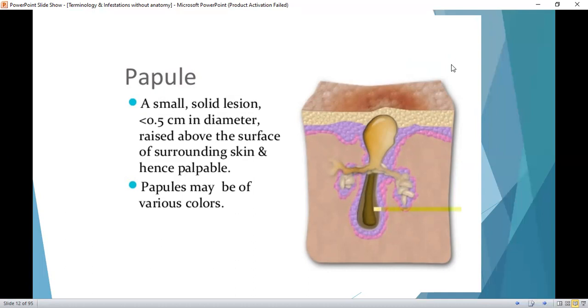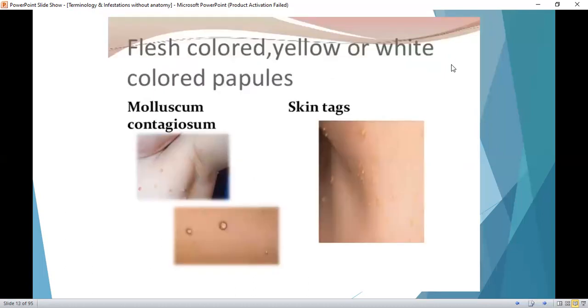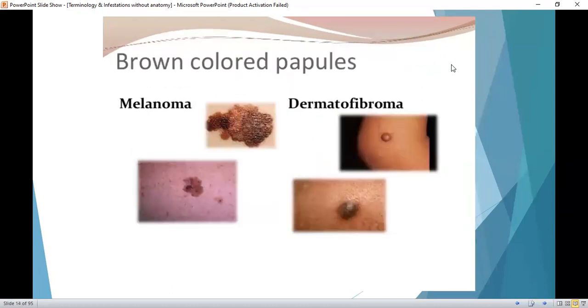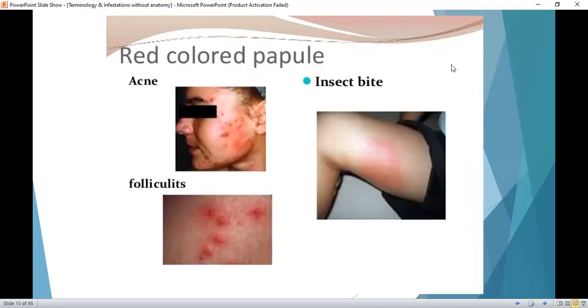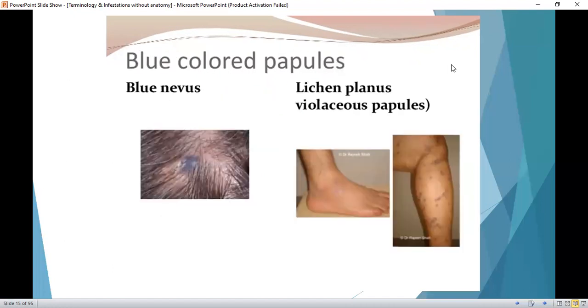It's raised above the surface of the skin, and hence it is palpable. And it may again be of various colors, just like the macules. Can be flesh-colored, yellow, white, like molluscum, skin tags. Can be brown-colored, like melanoma, dermatofibroma. Can be red-colored, like acne, folliculitis, insect bite. Can be blue-colored, like a blue nevus, like lichen planus. Lichen planus are basically more violaceous or purplish in color rather than blue, but still it's the